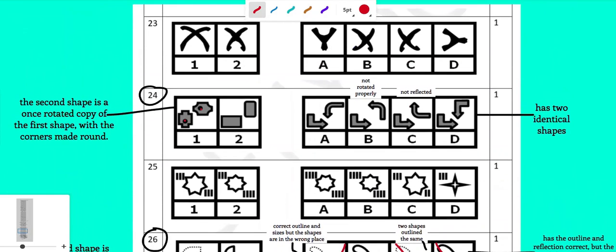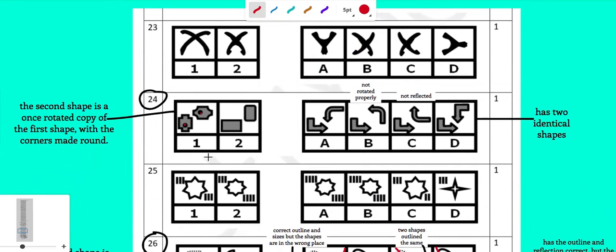Moving on to question number 24, where in figures 1 and 2, the second shape is a rotated copy of the first shape with the corners made round. They are the rotated version. They are just opposite in both the directions. If this one is vertical, the second box is horizontal,